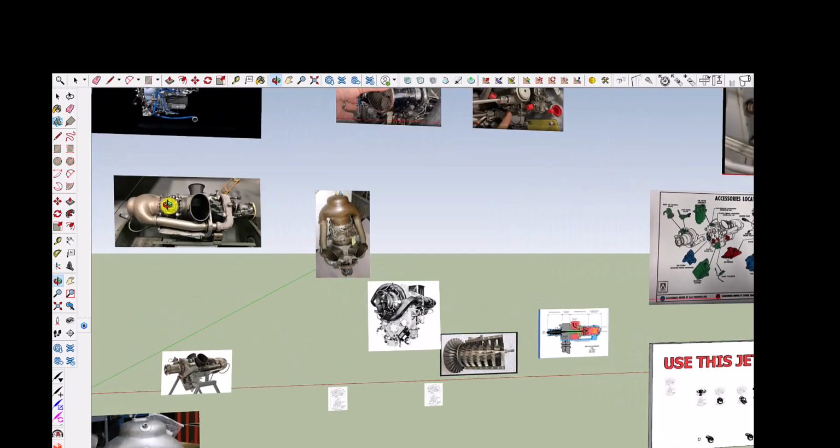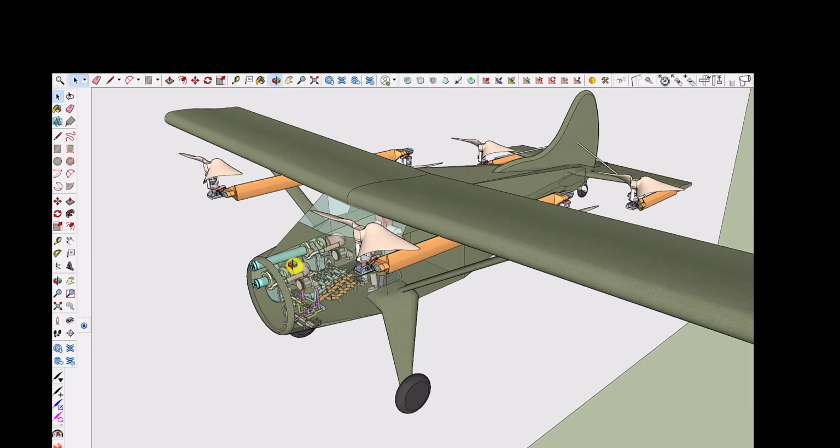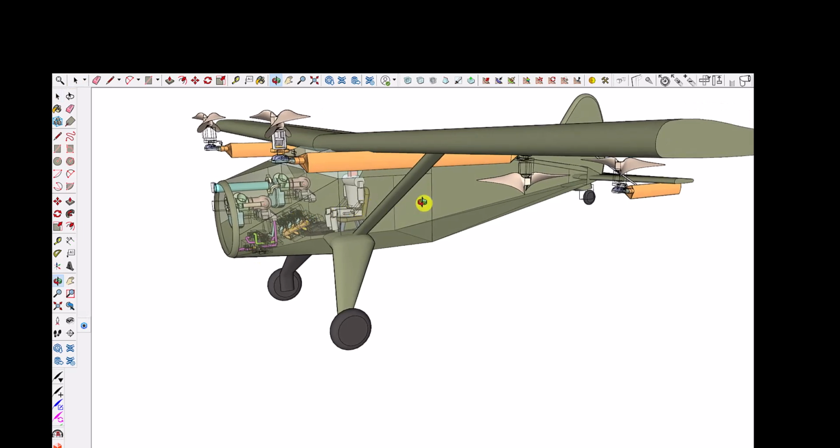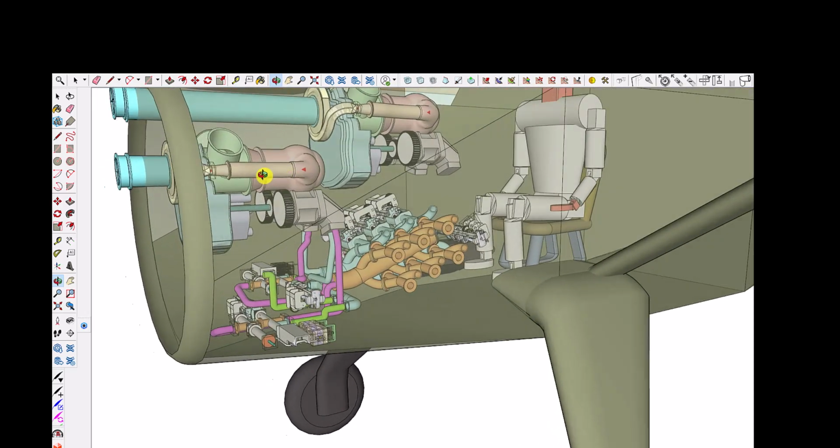There it is. Okay, so inside of this plane, I made the walls of the plane, I lowered the opacity of the walls so you can see through them. I got my little mannequin, he's about the same size as a human being, and here is this jet engine,